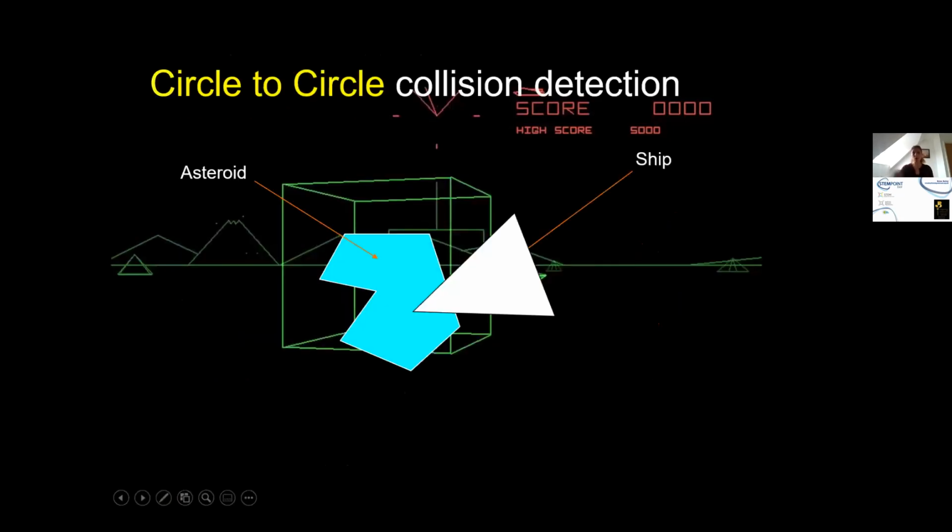Let's discuss now circle-to-circle collision. This will be the topic of today's collision. Imagine in a 2D game you have an asteroid, that's the shape of your asteroid, and you have a spaceship, which is a triangle. In order to identify collisions,